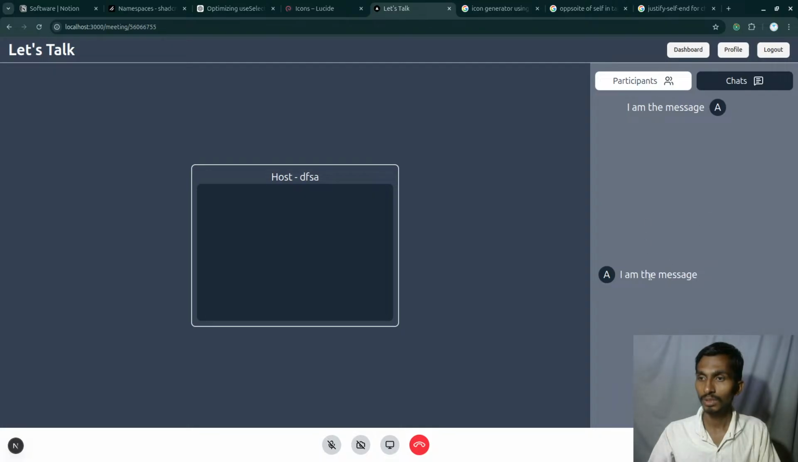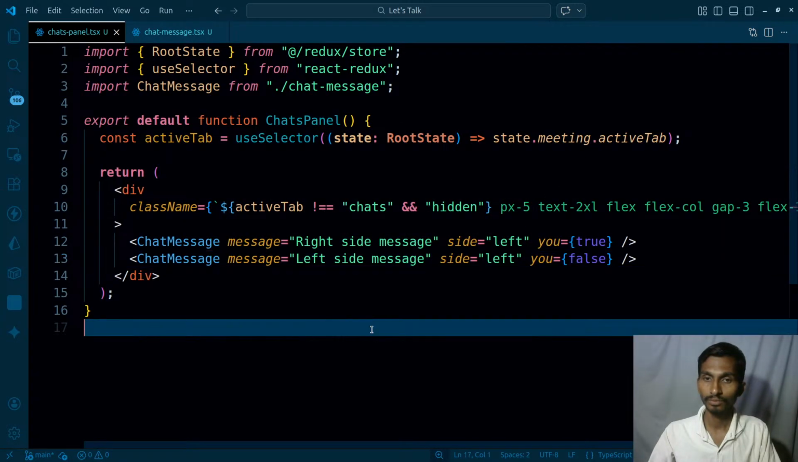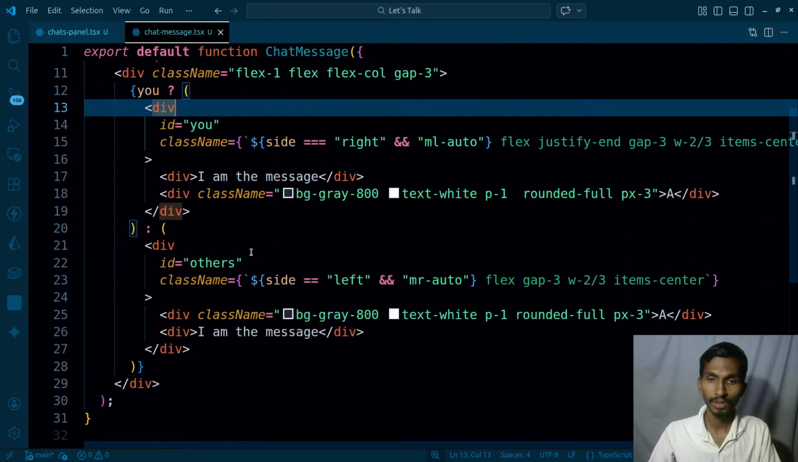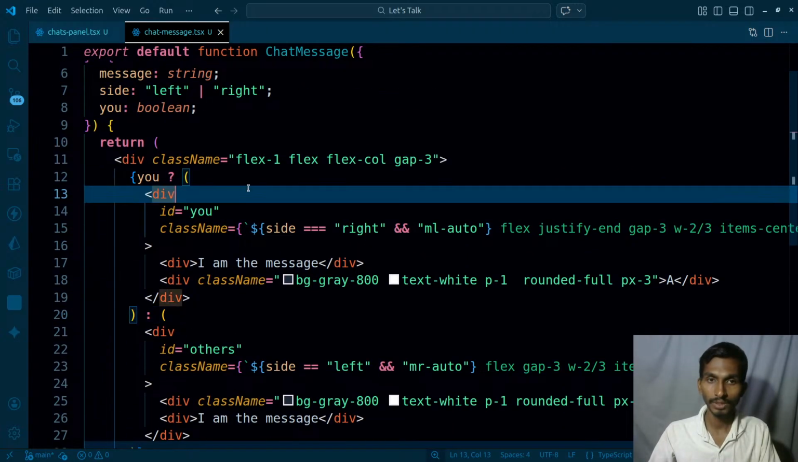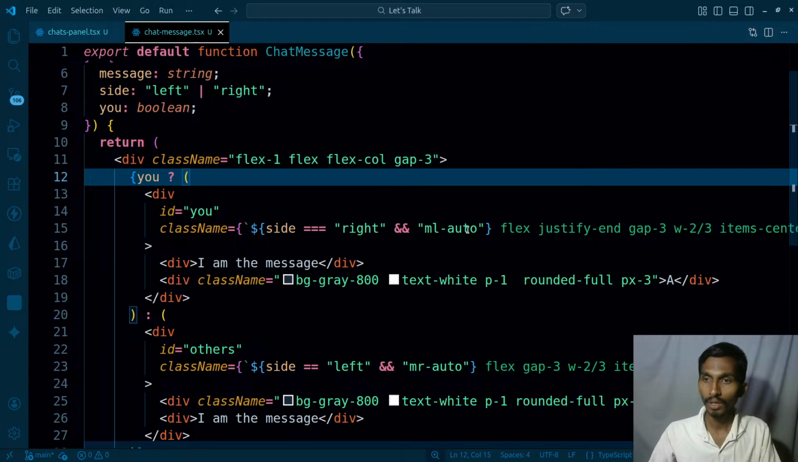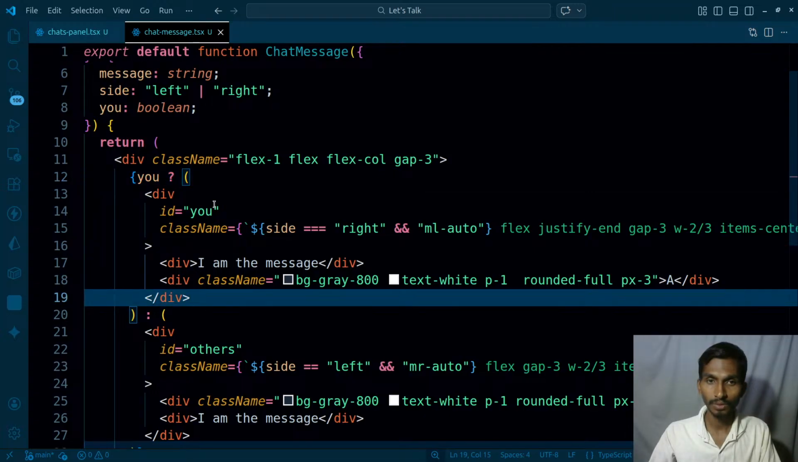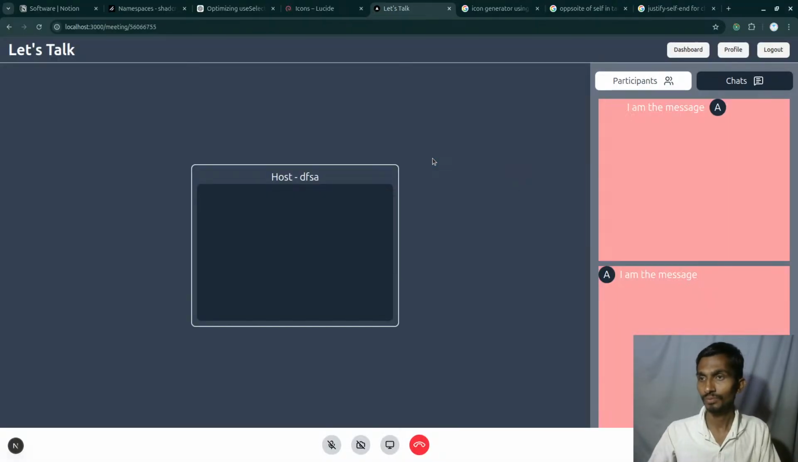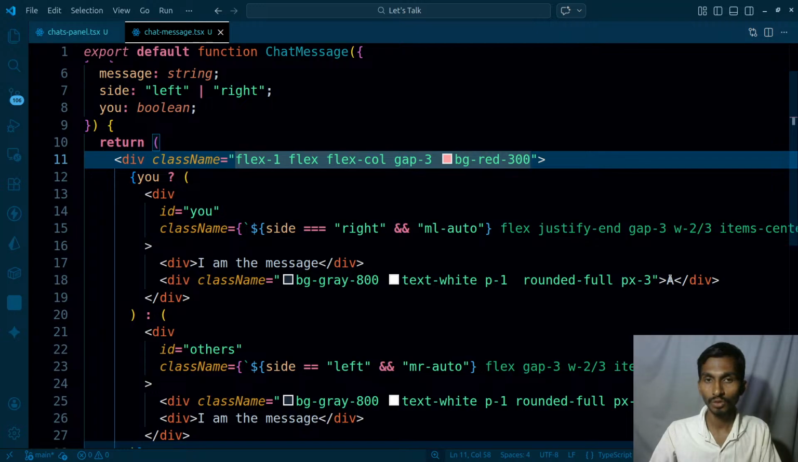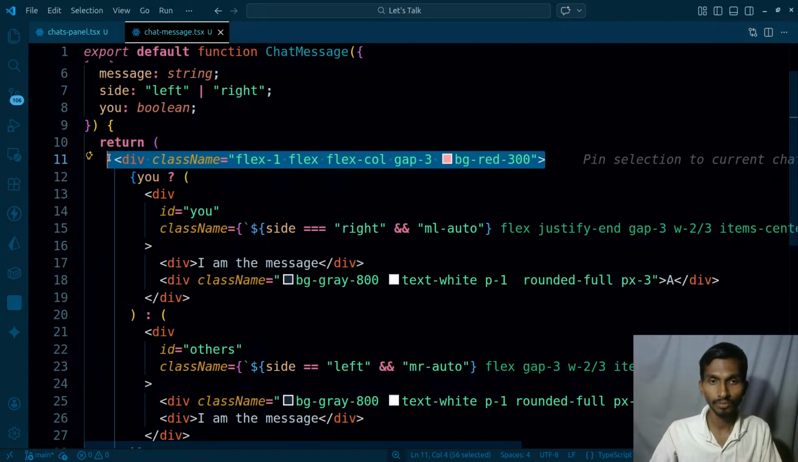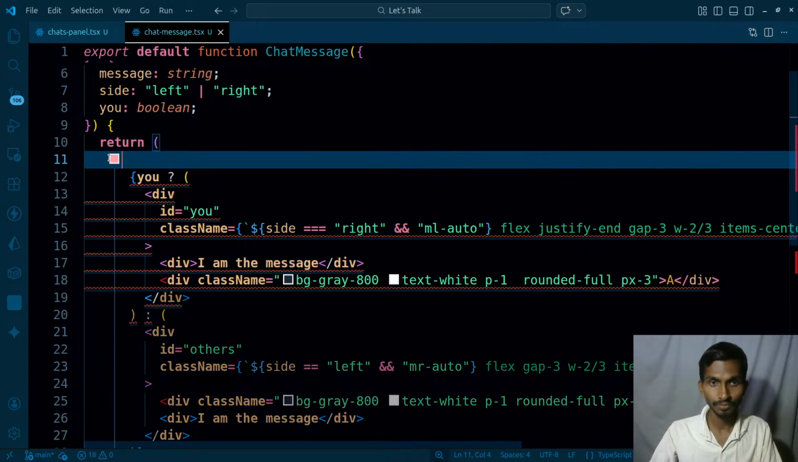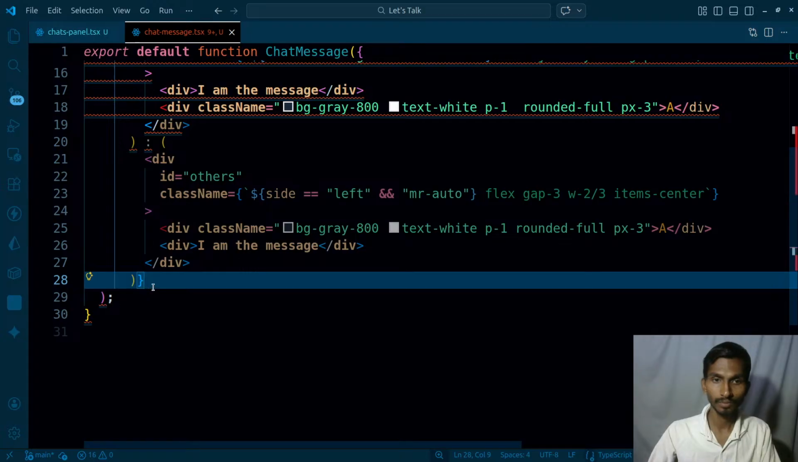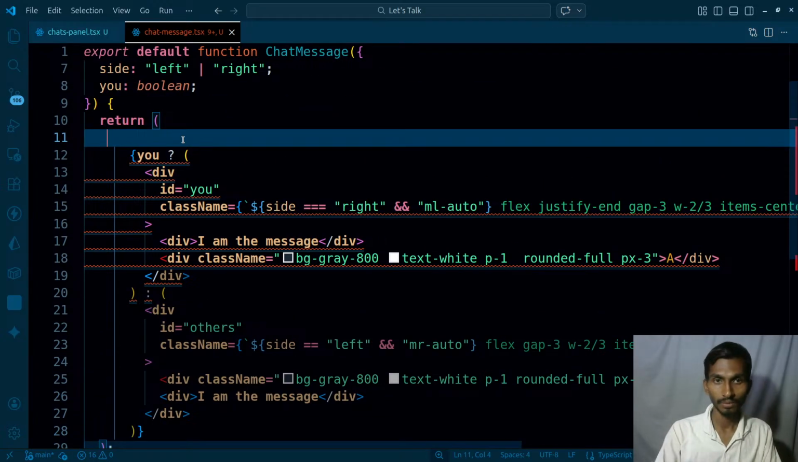Coming back to this one, things are quite visible, but they are not as expected, so I will be fixing it, not really a big problem. BG red of 300. Why is that so? It's like that is being rendered twice, and that should not be happening. So I'm rendering the whole thing, so let me cut it from here actually, and I'm going to have